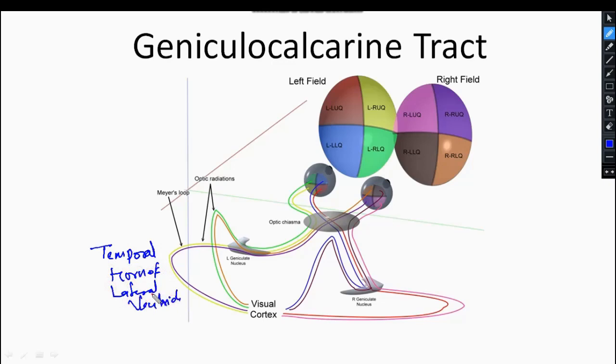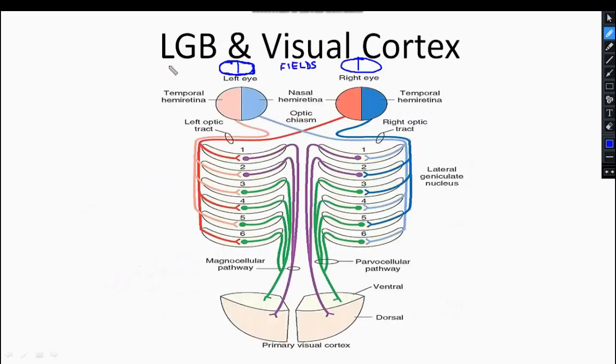Just remember, the part of the geniculocalcarine tract which comes over the temporal horn of the lateral ventricle is known as Meyer's loop. Please be focused. This is the final way to the visual field, and here we are going to see the whole visual field path, as well as discuss a little bit about this lateral geniculate body. We have already seen the lateral geniculate body in the metathalamus lecture, but I am going to cover a few parts here also, so you can say this is the continuation of that, including the visual path.